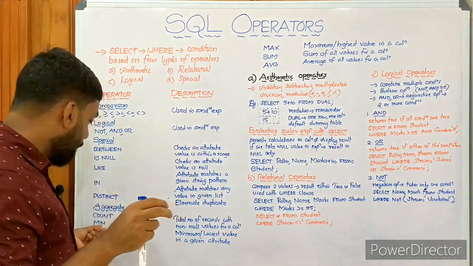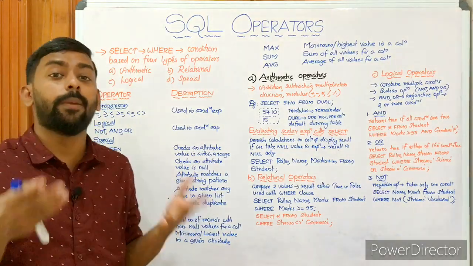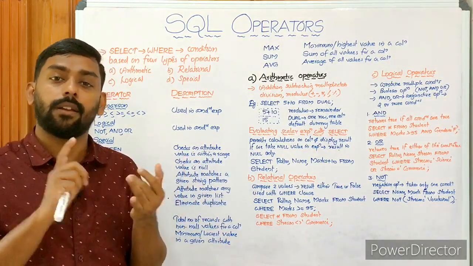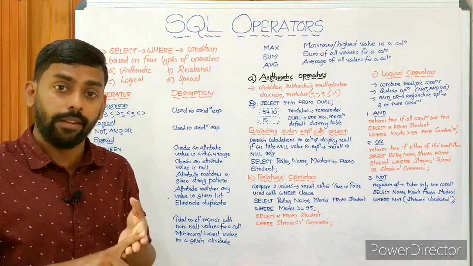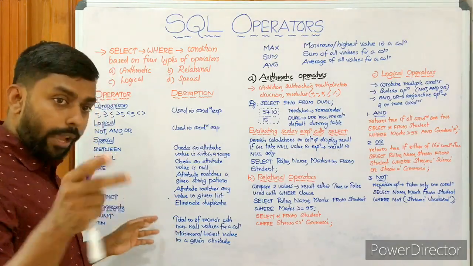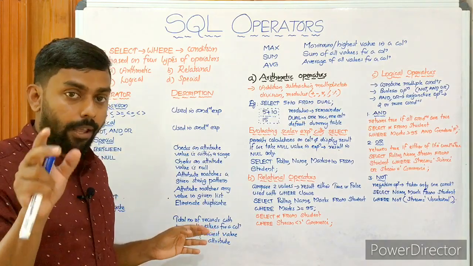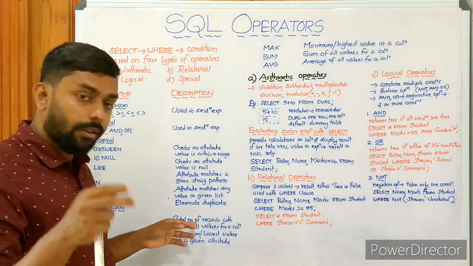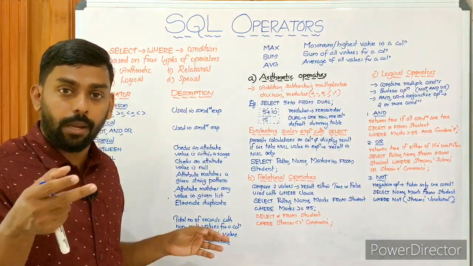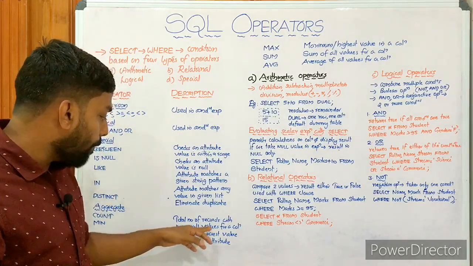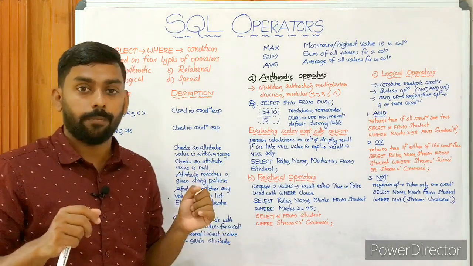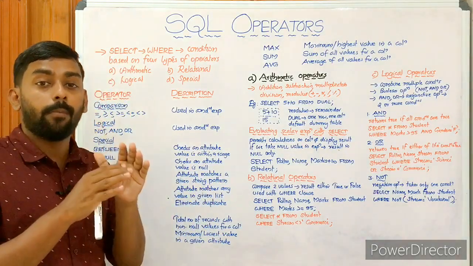Yes. Then min, of course, stands for minimum. Minimum can be applied with integer, floating, character, and date. Count can also be applied to any data type. For example, count of marks, count of name. Then minimum is the lowest value in a given attribute. Actually min returns the minimum or the lowest value.